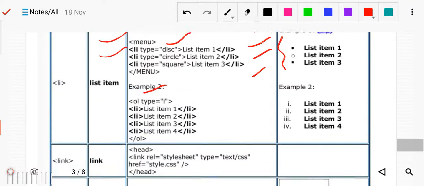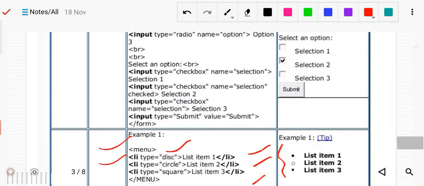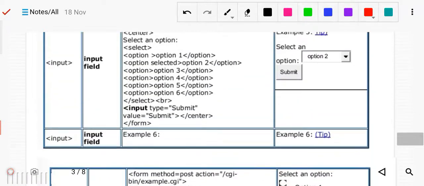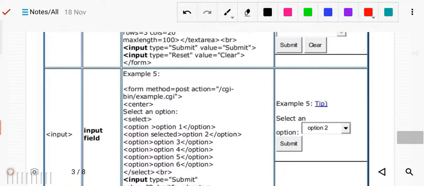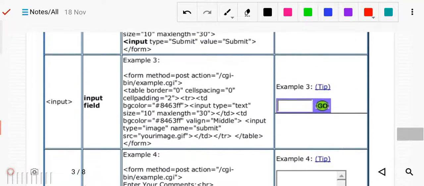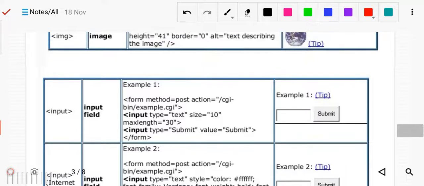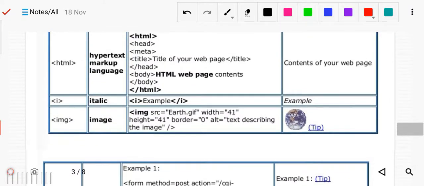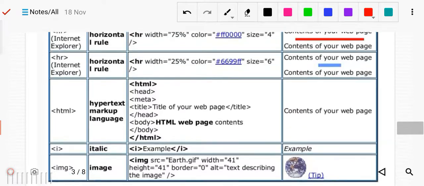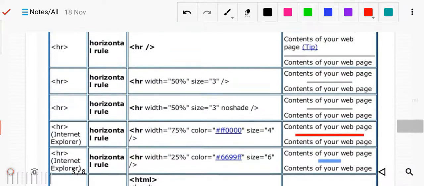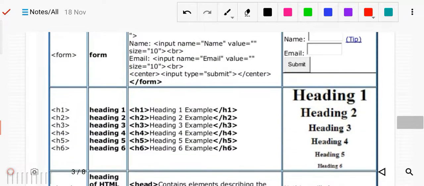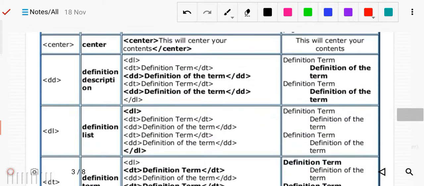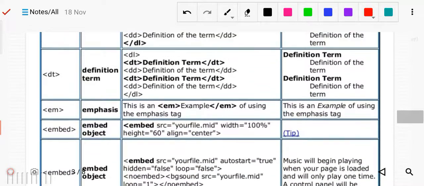These are very important tags that you should know. On one side there is an example of how it will look, so that's a very good thing. You just go through all these tags, like input tags. Images that we have used, there is the width and height, how to do it, italic, markup, html, head, body. There is also the menu tag, heading tag, font tags and all that. Then the dd tag, the em tag, which emphasizes the text.